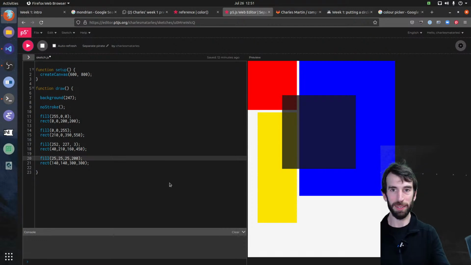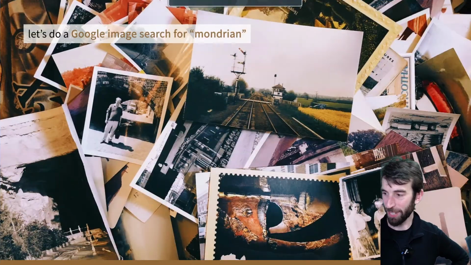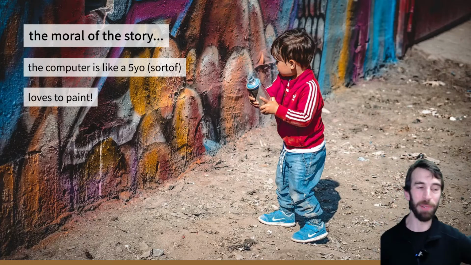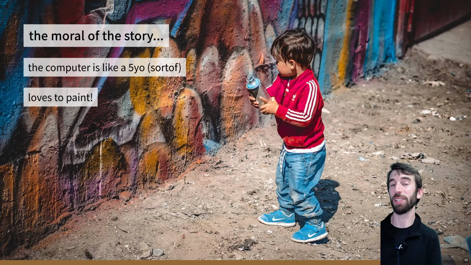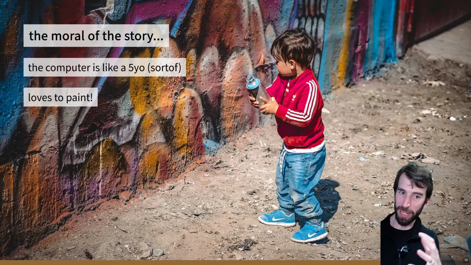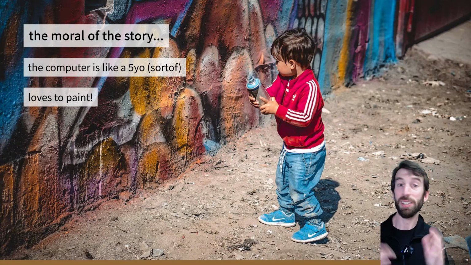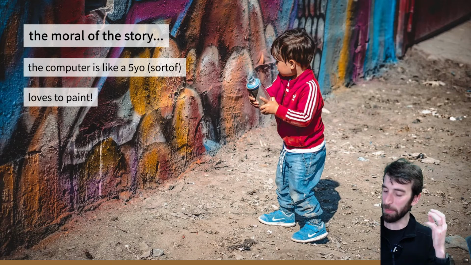So there's my new Piet Mondrian print. I'm just going to finish off this lecture. We've got a few more slides. The moral of this story today was that we can make the computer paint, but you have to give it very, very specific instructions. You can see we had to get everything in the right order, get those parameters exactly right to put things in the right places. And these are some of the skills you'll need to learn as we're going through this course: how to combine your idea for an artwork with the requirements of P5 for everything to be so specific.